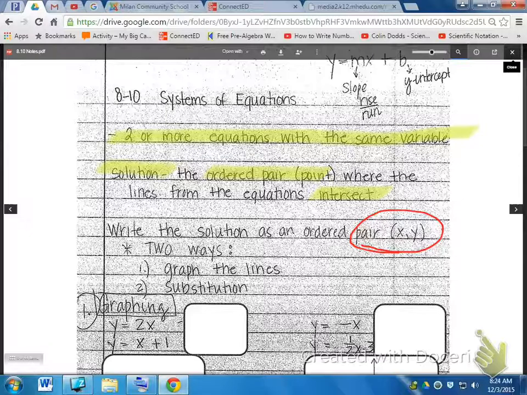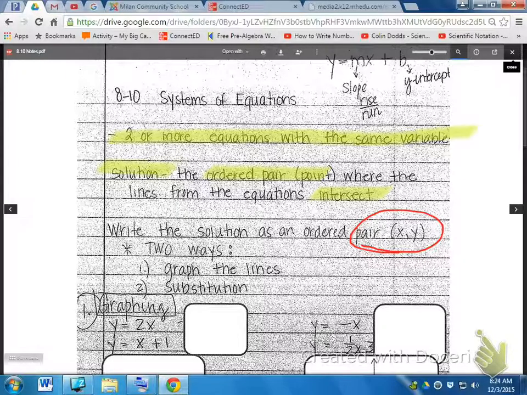We are going to do this two ways. When you get in Algebra 1, there'll be an additional way, but we're going to graph the lines, and we use slope-intercept form. So you guys did really well with graphing with slope-intercept form. You just graph them both and